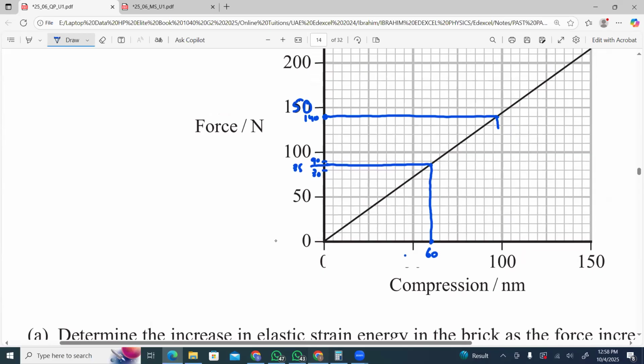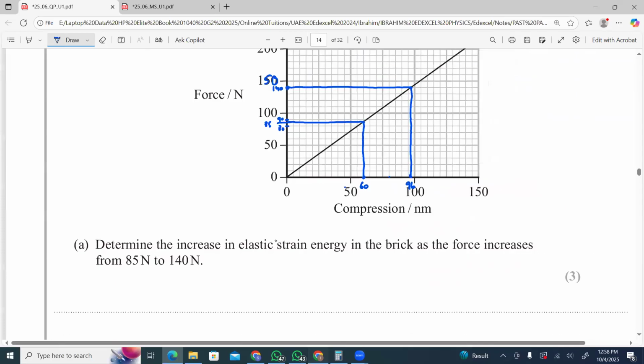And we'll come back all the way down here. So it will be somewhere around 60, 70, 80, 90, 96, I believe. I think it is going to be 96 something. Okay, so it's nanometers. You need to remember that. So now the strain energy is going to be